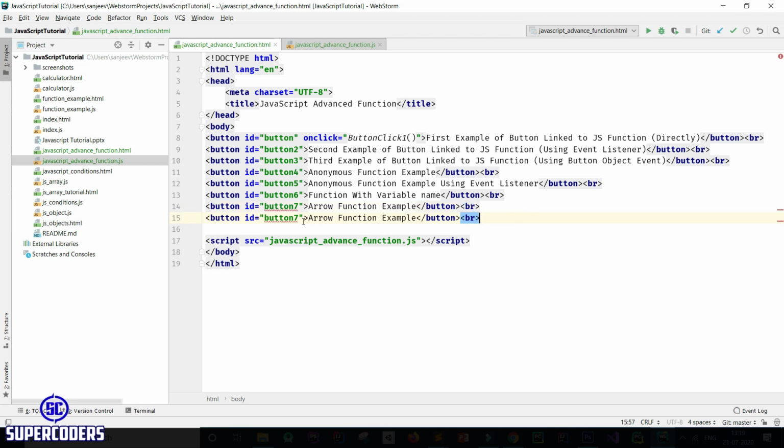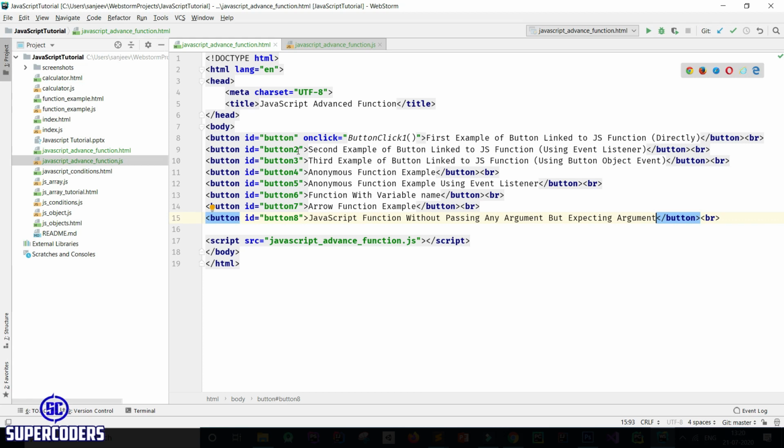Copy this, change button ID to 8, then JavaScript function without passing any argument but expecting argument. So it's asking for an argument but I did not pass any argument.